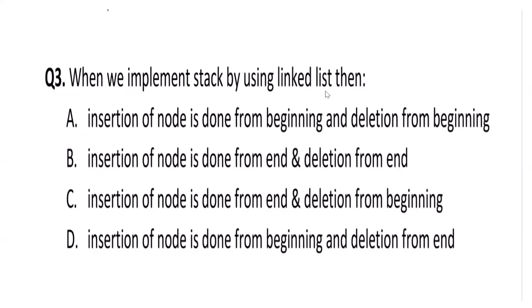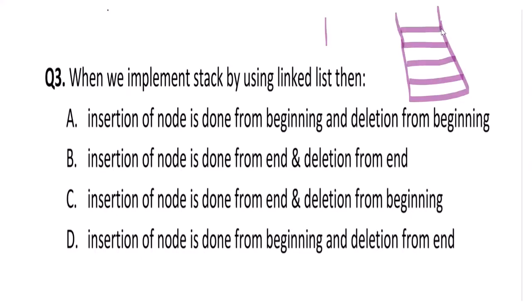When we implement a stack using a linked list, from where does the insertion and deletion happen? Let me take you through this. In a stack, we first place the first book, second book, third book, and let's take one more, the fourth book. Take these horizontal lines as books. As we can see, it is blocked from this side. This is a block, and we can do neither insertion nor deletion from here.